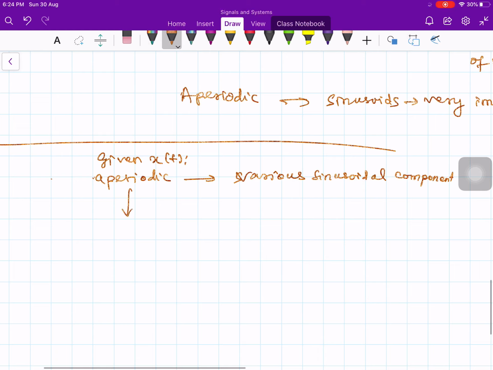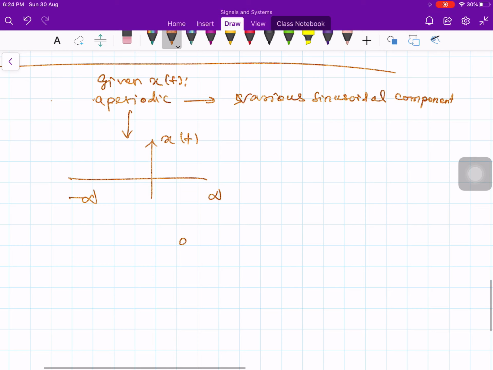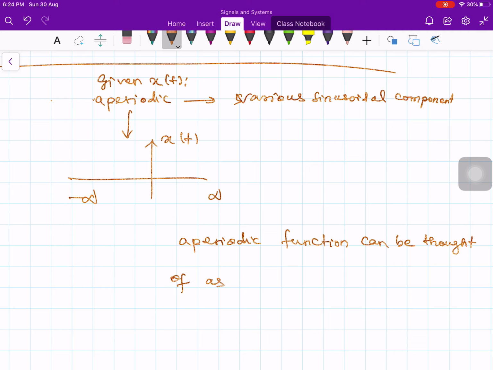This aperiodic signal extends from minus infinity to plus infinity. What happens beyond minus infinity and plus infinity doesn't matter for us; we will not bother about it. Now, this is a very important statement, please try to understand: any aperiodic function can be thought of as a periodic function